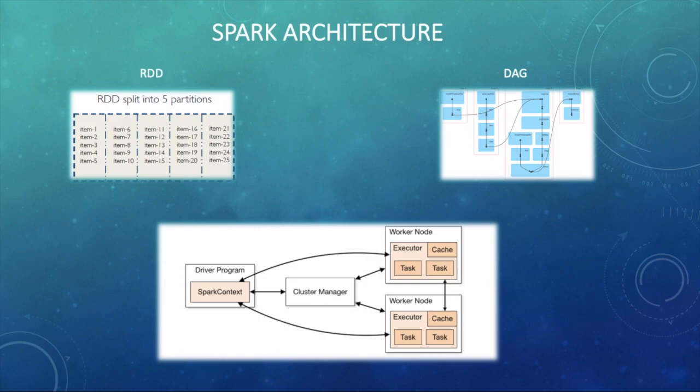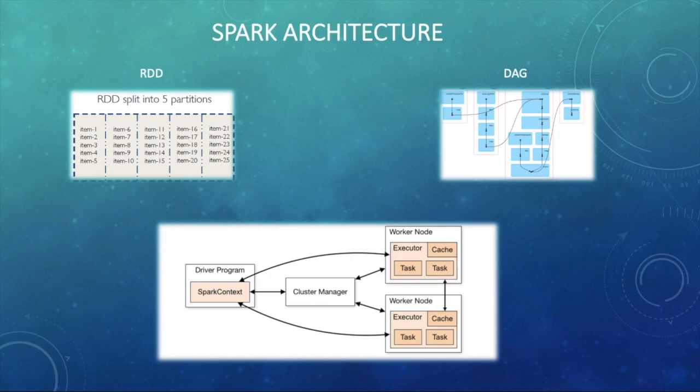Now, if you see on the left side of this diagram, the code we write behaves as a driver program. Or if we are using the interactive shell, the shell acts as the driver program. Inside the driver program, the first thing we do is to create a Spark context. Spark context is like a gateway to all the Spark functionalities. It is similar to the database connection. Any command we execute in our database goes through the database connection, right? Likewise, anything we do in Spark goes through the Spark context.